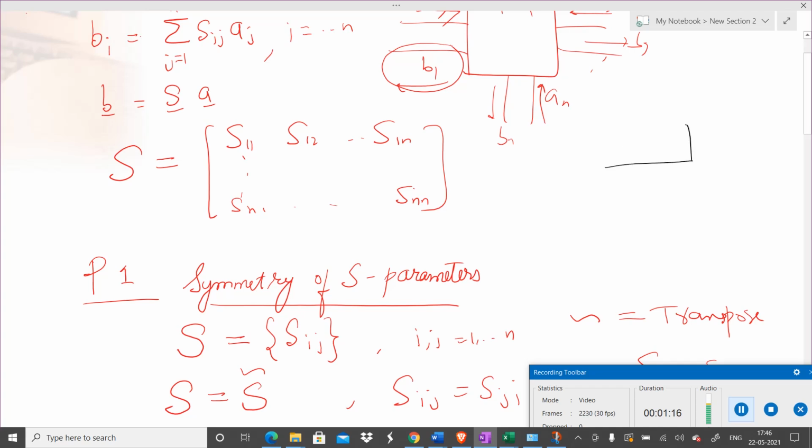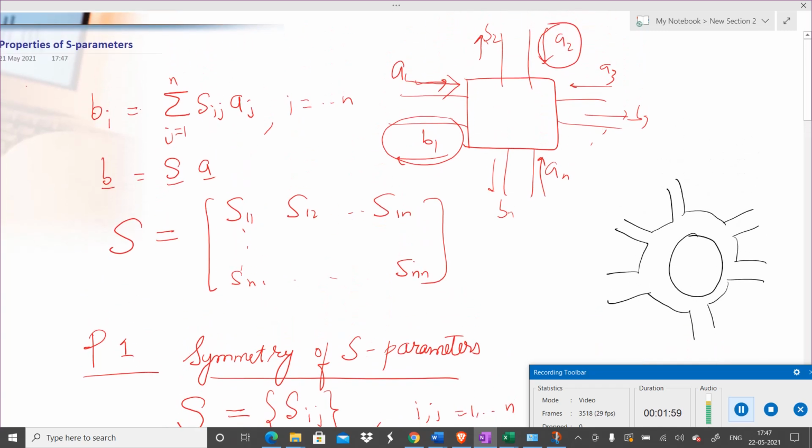Suppose you take this T. You clearly see that it has three ports. This is port 1, this is port 2, this is port 3. Any of the ports can be used as input and the other ports can be used as output. And if I just give here one more, it has 4 ports. Similarly you can have a circular waveguide, something like this, and you can have several ports. Although we seldom see more than 4 ports, theoretically we can have several ports.